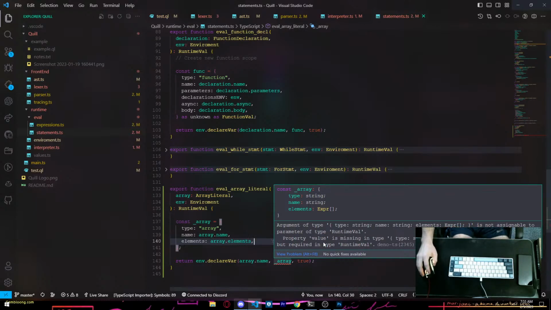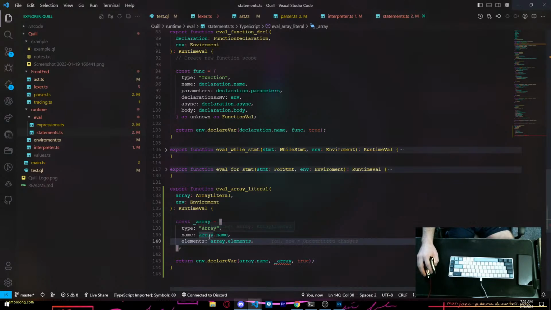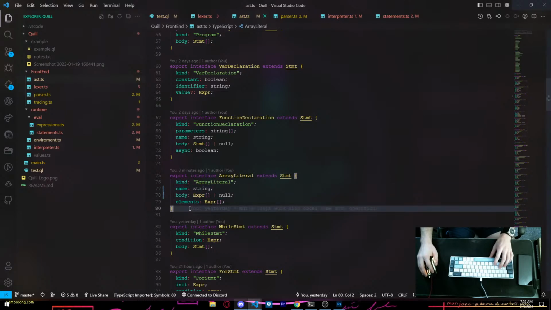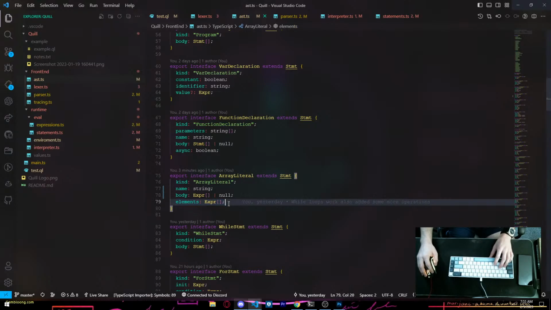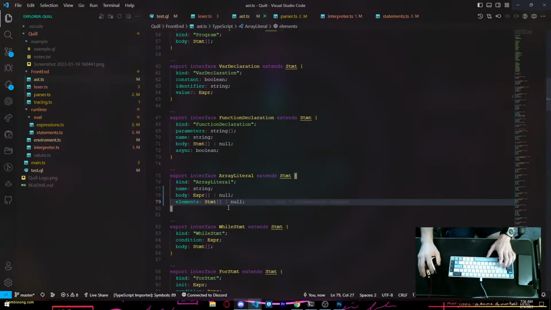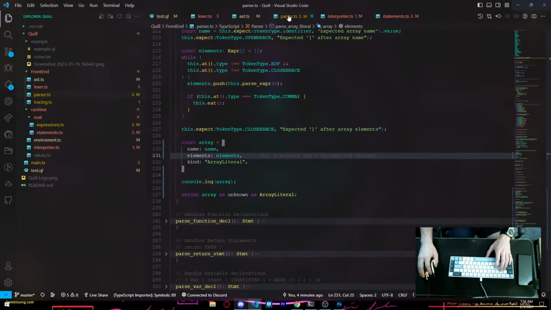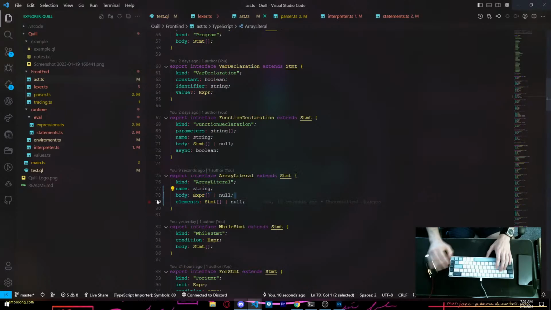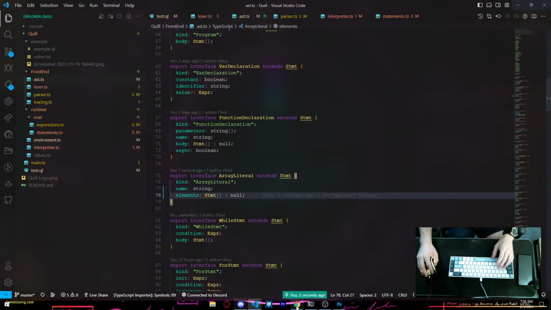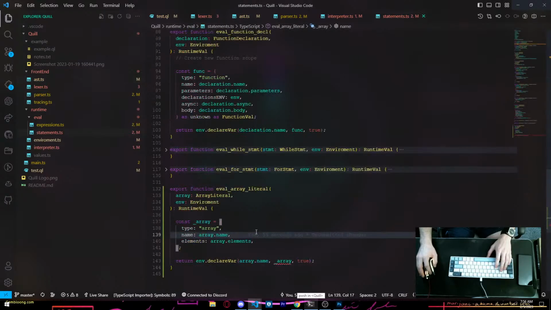Argument of type... Oh, it's that easy. Okay, so we're not using body.